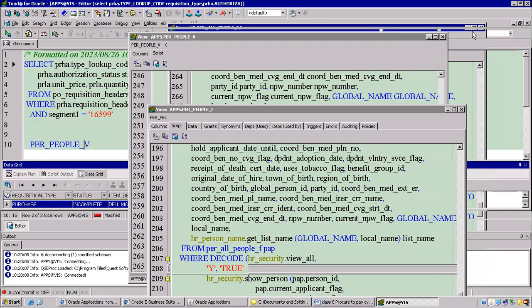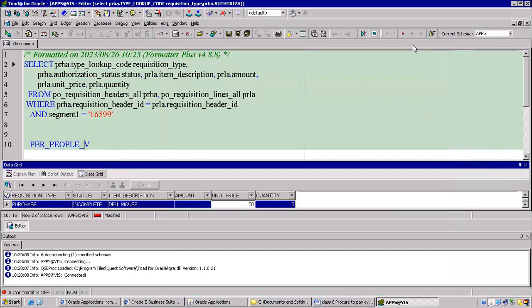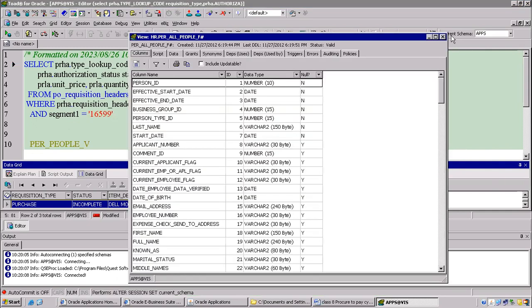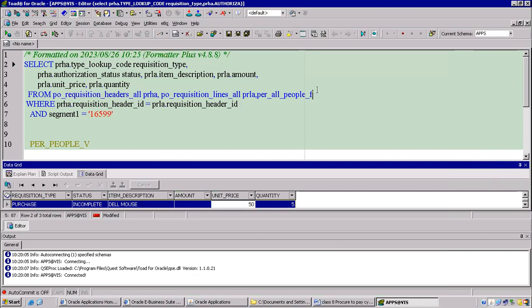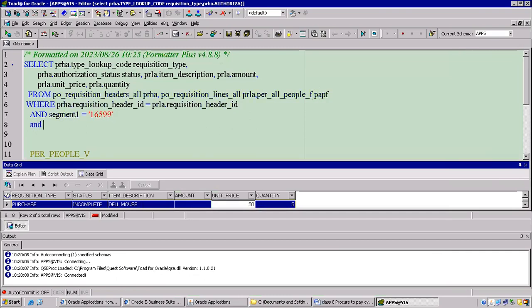Now, employee information is stored into a table. What is the table name? For all people F is the table name. For all people F. These two tables are from purchase order module, but this table is from HRMS module. PAPF. If you want to give a join condition, you may get a doubt here. So with which table do I need to make a join? Is it a header table or line table? There are many tables, right? So if you see here,